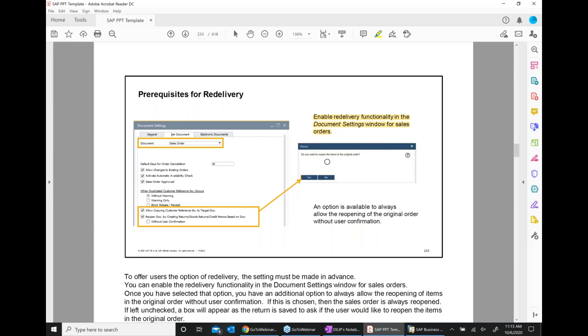If you have 10 pieces in the sales order and you deliver 10 pieces, the order is complete and you cannot use that sales order again. But because of the return, that same sales order opens up. You understand the difference? So that is the configuration. There's a prerequisite, and if that is there, it will open the same sales order.